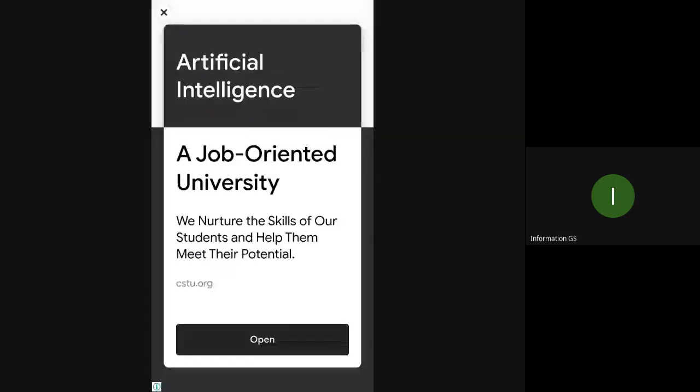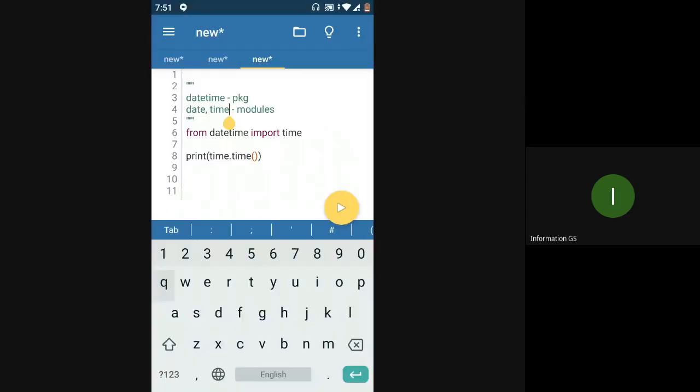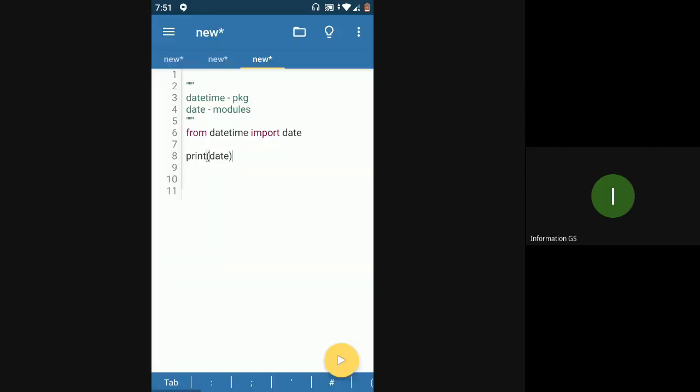Okay, so time is not a part of datetime. Time is a separate module. Datetime has the date module, so I can say date. Not sure what is present in date. Let me just check. Okay, it's a class of datetime.